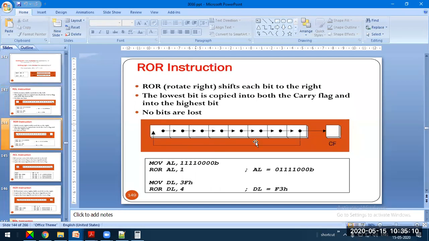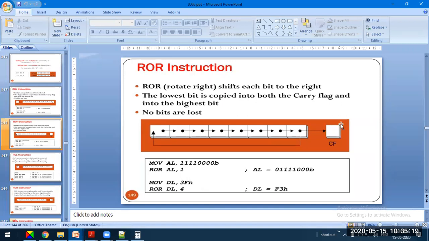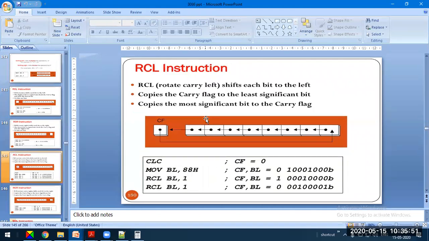Similarly, in the rotate right operation, the data is loaded from MSB to LSB. Rotate left is LSB to MSB; rotate right is MSB to LSB. The LSB goes to the carry flag and is also copied into the MSB. Simple example, same F0H, rotate right by 1 bit position. The data can be in any register, either AL or DL. The LSB here is 0, and 0 is copied into the MSB. So the data in the AL register after executing the ROR instruction is 78H. So this is the ROR instruction.